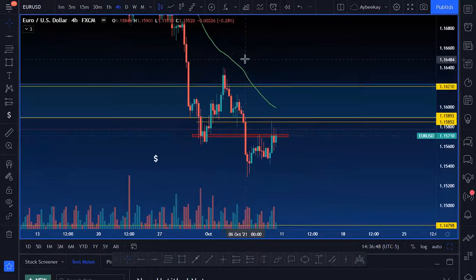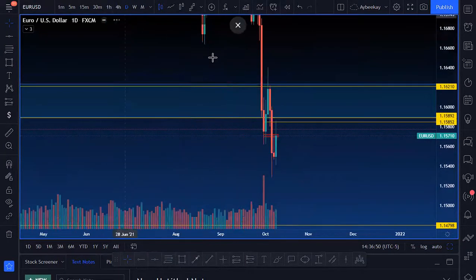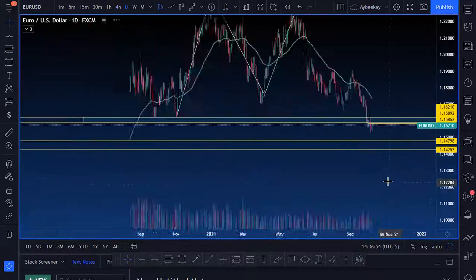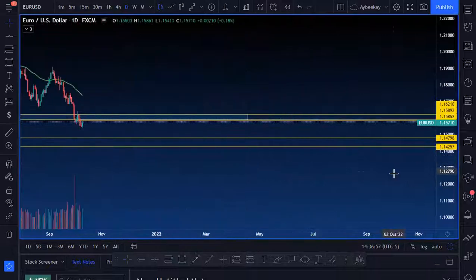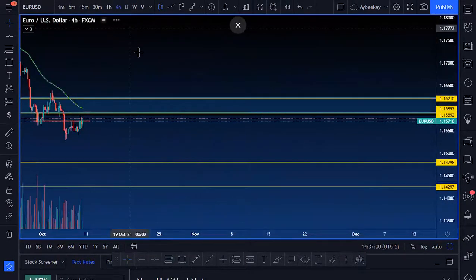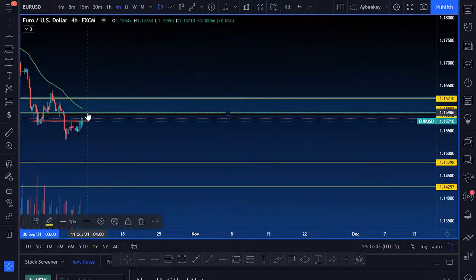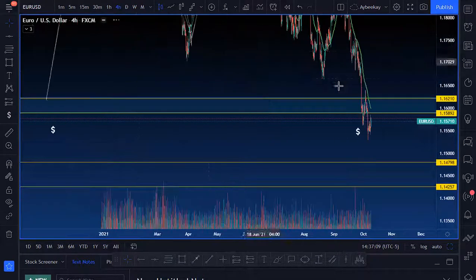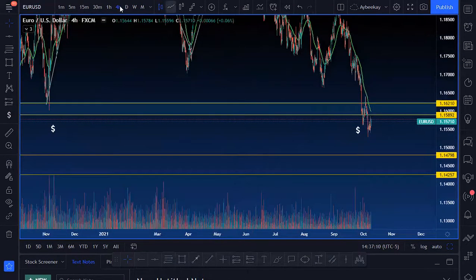Euro USD we have here. Didn't really trade off of this. Didn't really try to get into anything last week when it comes to Euro USD. Again, when it comes to this Euro USD and the DXY, it's kind of not my cup of tea to even try to